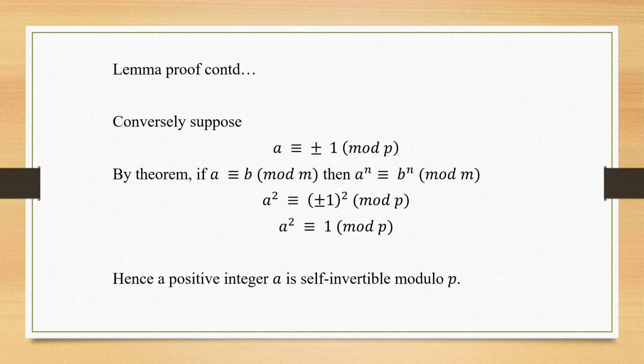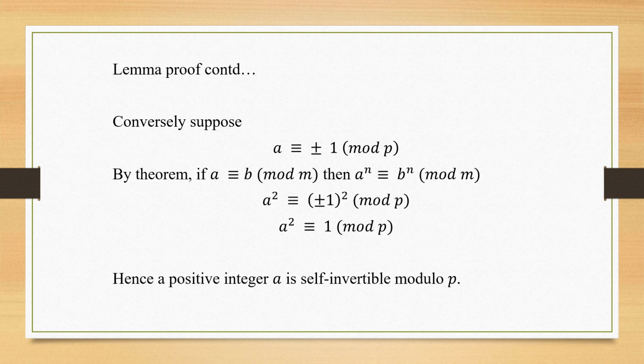Now, let me take this equation: A is congruent to B mod m. Whatever power I am raising it to, it should be a common power on both sides. If I raise it to the power 2 on the left, on the right it should also be raised to the power 2. That's why n should be equal.